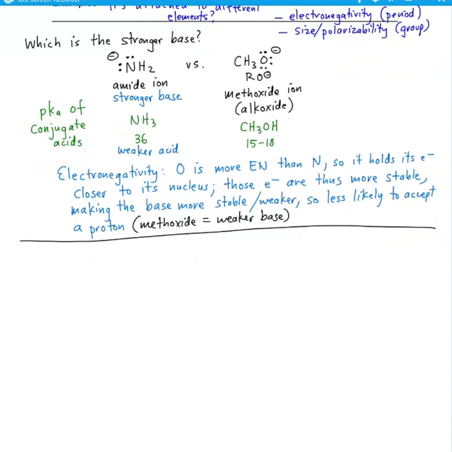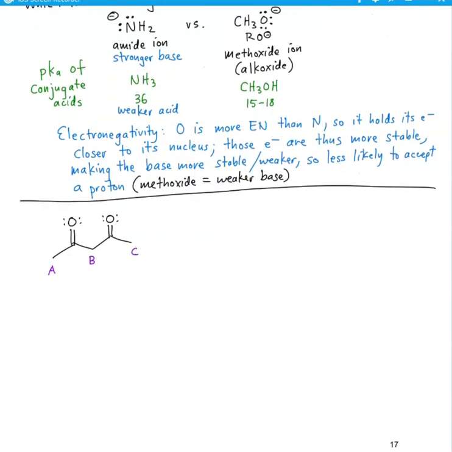Now, throughout these factors that we've been talking about, I mentioned that you can use these arguments to compare two acids or to compare two protons within the same molecule. So that's what we're going to do now. We're going to look at a molecule that has more than one set of protons, and we're going to figure out which of those sets of protons is most acidic. So I'm going to put some labels on this structure, A, B, and C, and those relate